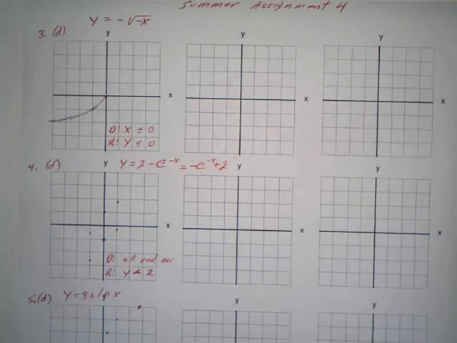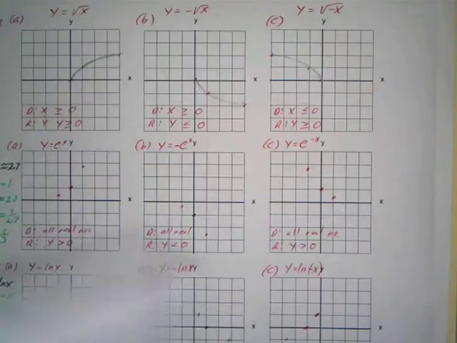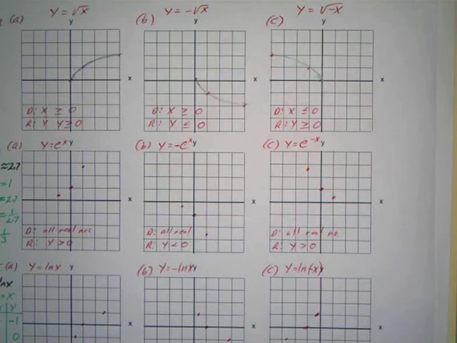Okay, let's take a look at 4. Now 4 is y equals e to the x. Now e is about 2.7. So